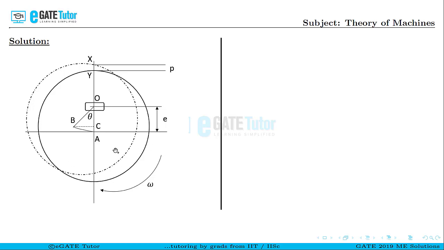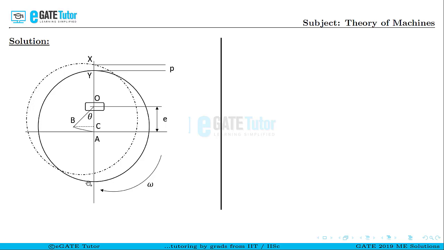So in this process of angular displacement theta in the clockwise direction with angular velocity omega, point A shifts to point B along the AB path. Now from point B, drop a perpendicular to the vertical axis of the cam and represent that point as C. Now we can say that OBC is a right angled triangle with an included angle of theta at O. The vertical distance between the dashed line and the solid line is the vertical follower motion, so that is to be determined now.